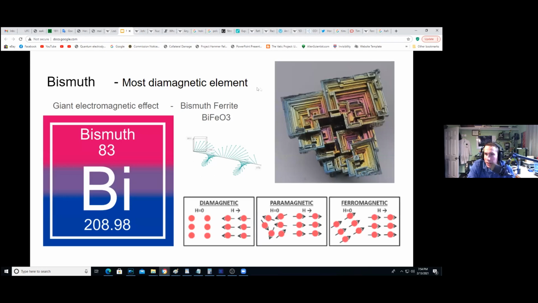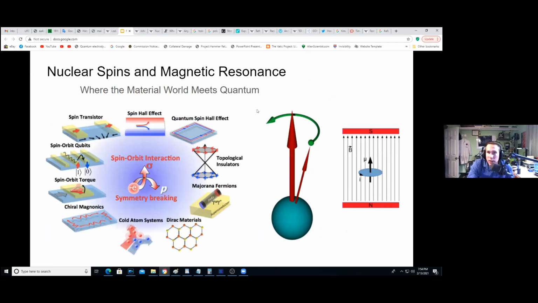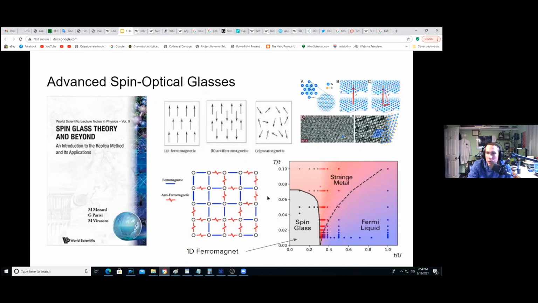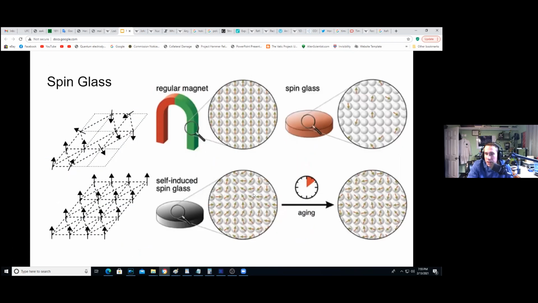Bismuth, the most diamagnetic element, it's basically the spinniest, has the highest spin. Nuclear spins in magnetic resonance, this is kind of where the material world meets the quantum world. It's an interesting realm to play around with. And I think that, as we're learning with some of our research into Alzafon, who I'll mention here in a second, it's definitely something that the aerospace companies and the government and military have looked at as far as a source, understanding atomic spins and atomic spin orbits of these materials. It definitely has something to do with it.